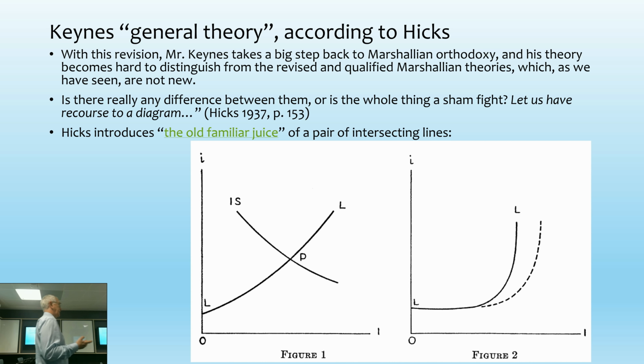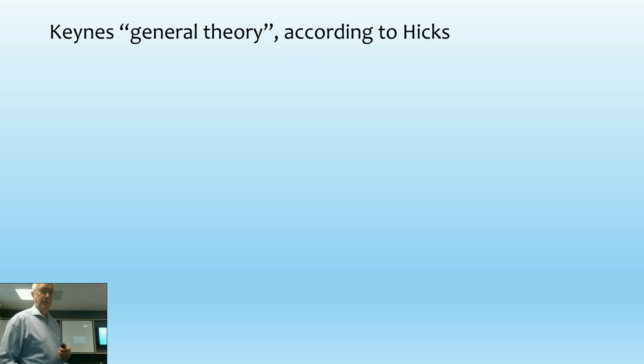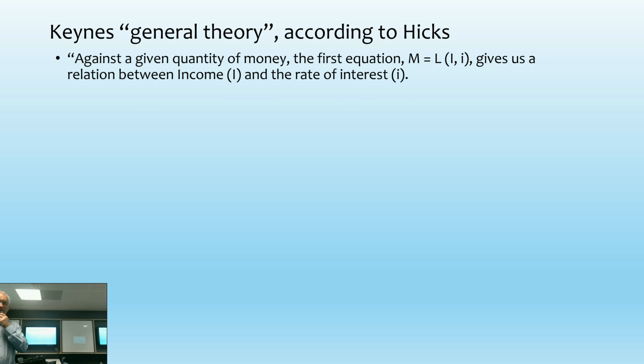And rather than supply and demand, what you've now got is the IS curve, which takes the place of the demand curve in micro, and the liquidity LM curve. Hicks used LL rather than LM, so some of the notation obviously has changed over time. But that's the replacement for the supply curve in effect. And it's all about where do the lines intersect and how do we get to the equilibrium. But Hicks himself, of course, later realises there's a problem with applying this when you have anything which involves time, which is most of the time, I think. Okay. So he says this one gives you